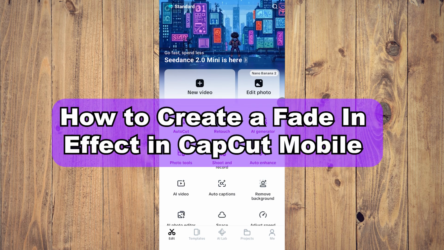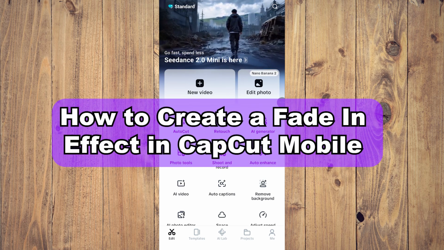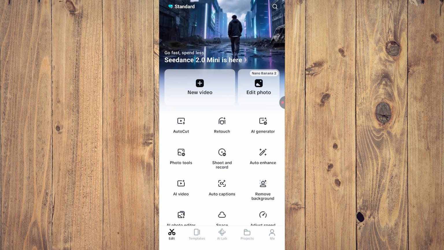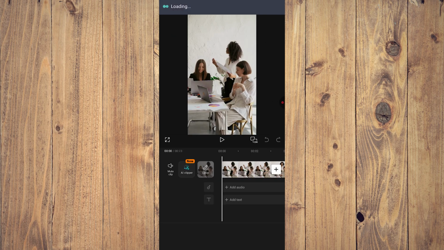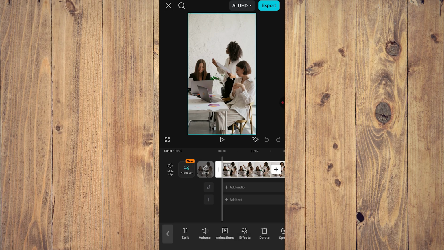In this video, we are going to show you how to create a fade in effect in CapCut Mobile. Now, I'm going to start a new video and choose one clip so you can see how to do it step by step. Now, once you are in your timeline, you want to tap on the video that you want